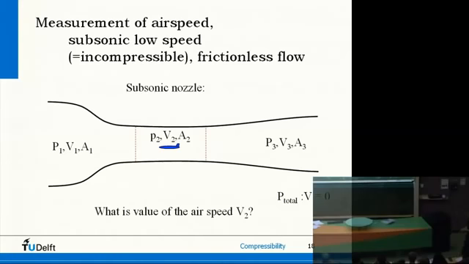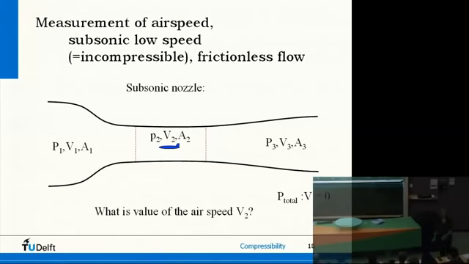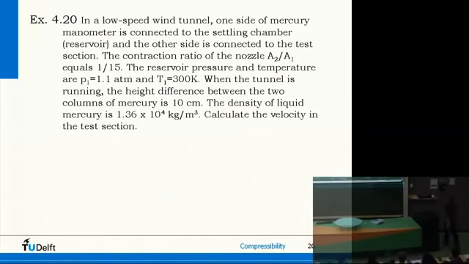Okay, now let's go back to the low speed range, the subsonic low speed, and look at how we can determine airspeeds, because that's what we're often very interested in: speeds of aircraft, airspeeds in our wind tunnel. So how do we go about that? Suppose again a wind tunnel, but now a subsonic nozzle. We have a converging, diverging nozzle again, a test section here, certain conditions upstream, certain conditions downstream, and certain total conditions in the reservoir way up here. What is then the value of the airspeed here in the wind tunnel section? I have an example with that,